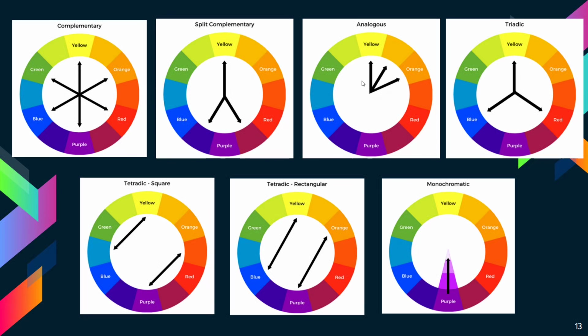Next is analogous, which is if you pick a color, you pick the ones that are right next to it, the next two colors. And this is good for